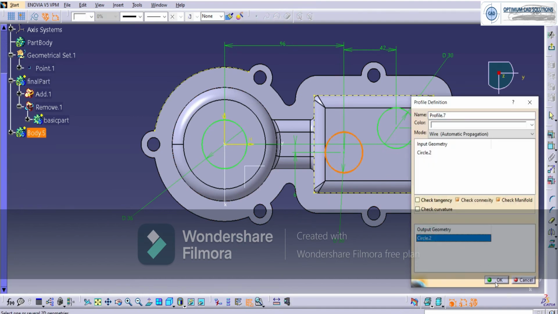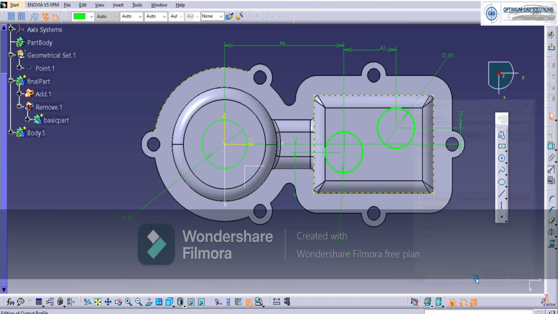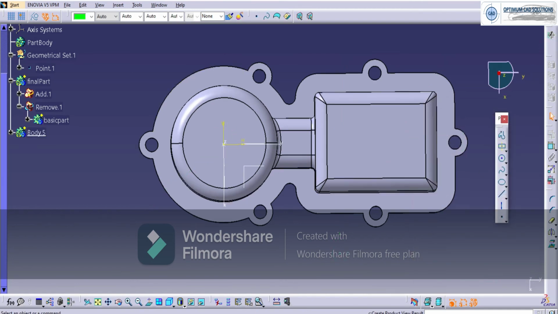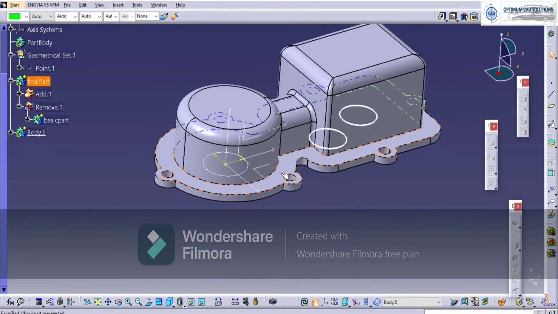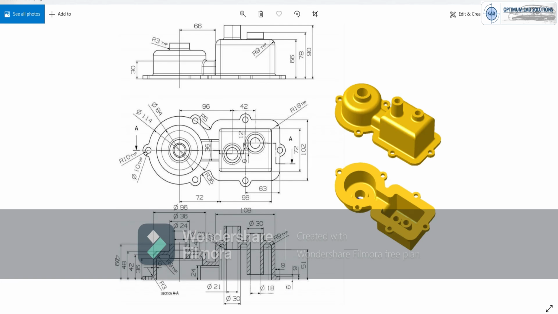So we'll output again as we discussed. So we did a combined sketch here and we'll use the pad command for the required cylinder only.